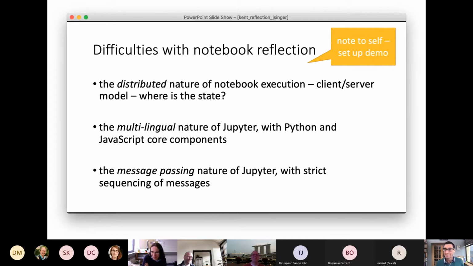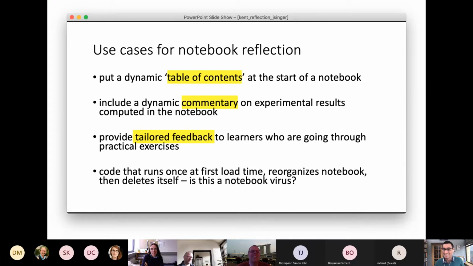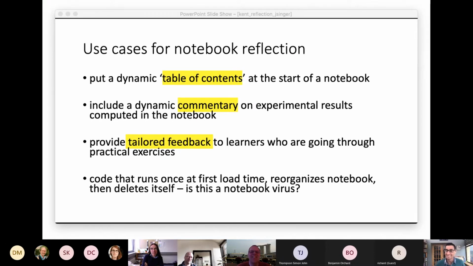Jeremy, can I add a sort of reflective thought on here? Please do. This may be contrary to the state-based model that's at play in most of the notebooks I'm aware of, but is there a revisions or temporal aspect that you could get with reflection to be able to say, oh, it's this version of this function? If you had multiple definitions of the same function or the same piece of data, which have the same name, but in a piece of code you want to refer to the different versions of them. That's really nice, but I think that doesn't interact well with the normal state model that's here.